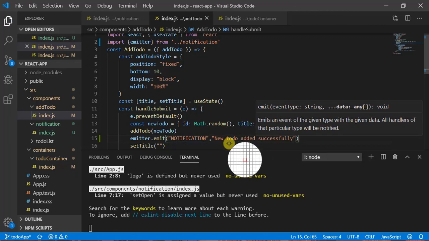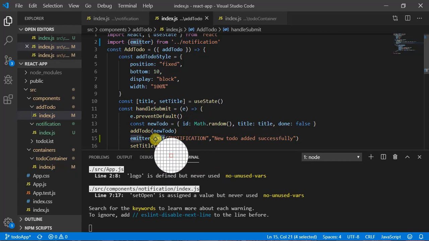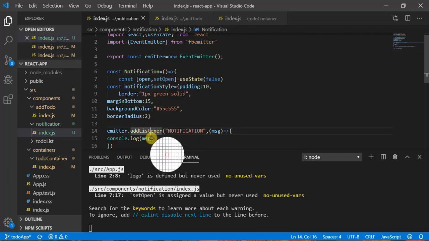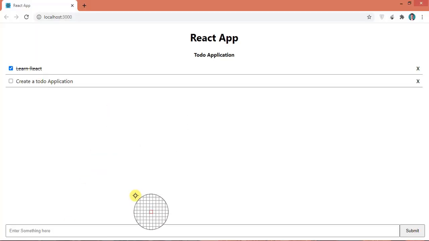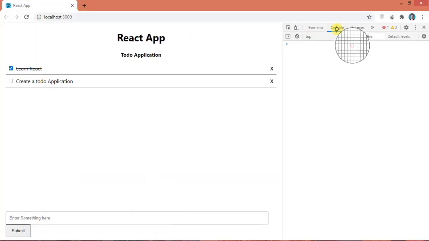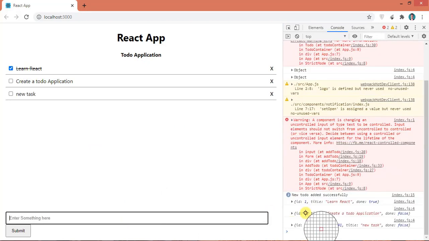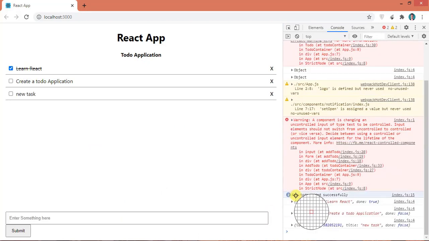Now what will happen is that once this function is triggered, it will call this emitter, and once this emitter executes, this function will get invoked automatically and print the message. Now let's come to the UI, go to the console and add a new todo. As you can see, I got this message, new todo added successfully.